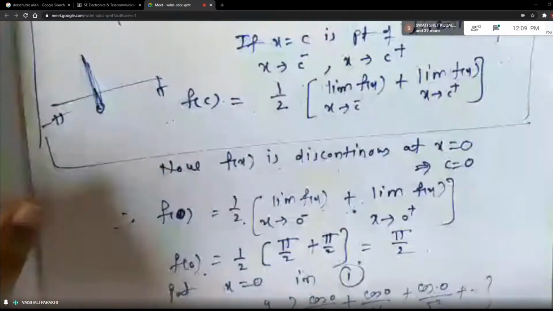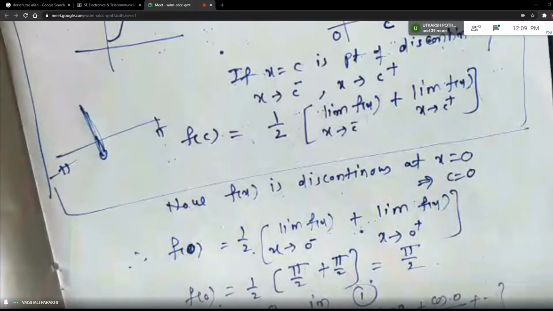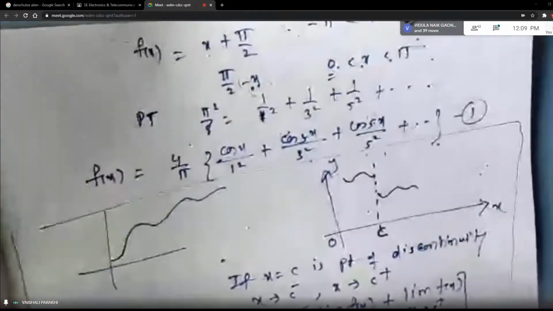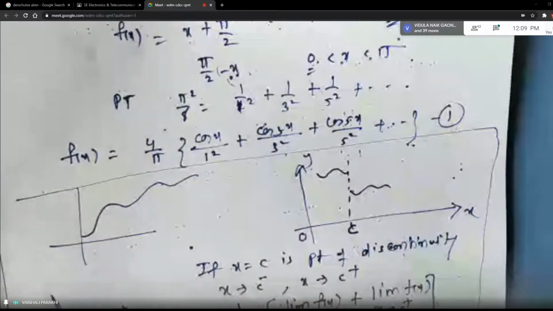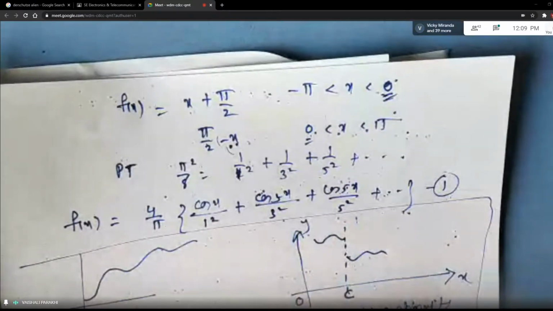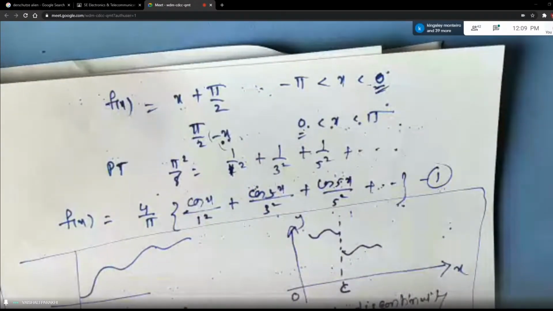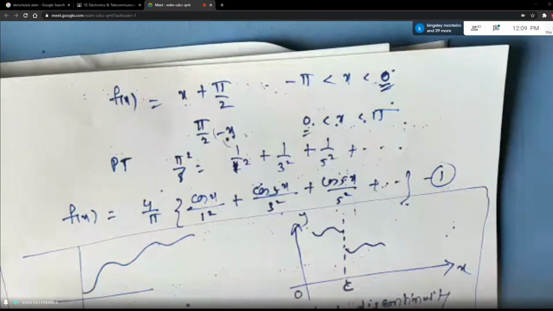So please don't get confused. Suppose it is not asked to deduce some series and it is just asked to find out the Fourier series. Then you need not go into this part at all. You just find out the Fourier series and keep it aside. But if it is asked to prove some series, deduce some series,